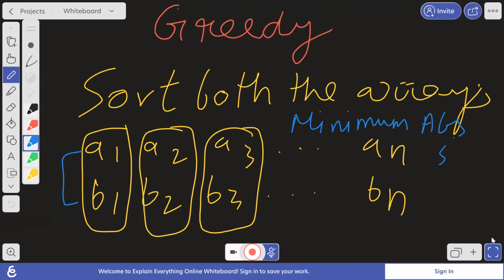So minimum absolute sum we will get if we pair in this fashion.